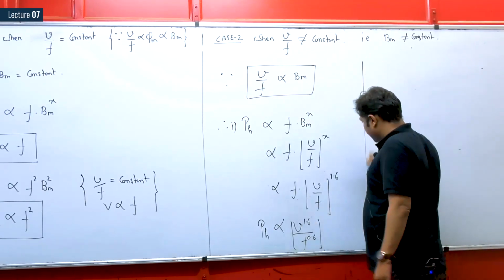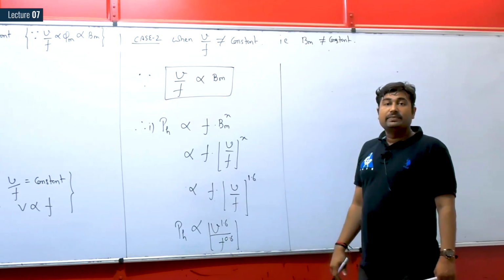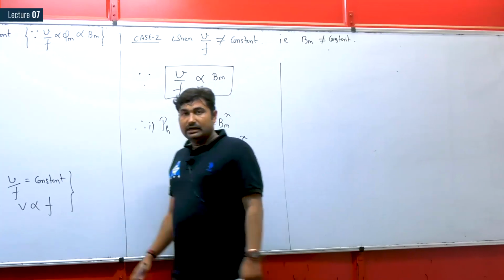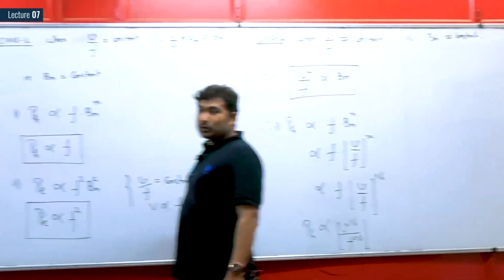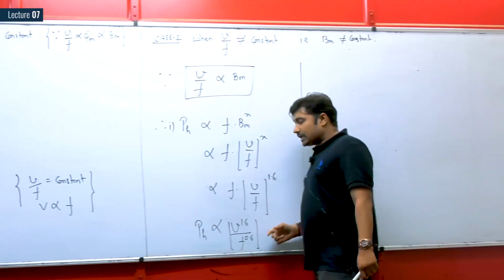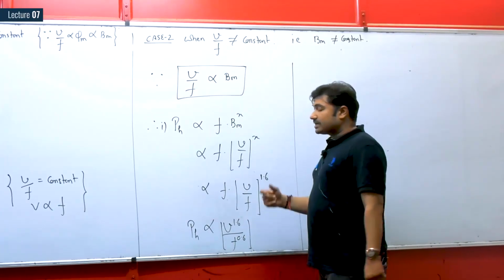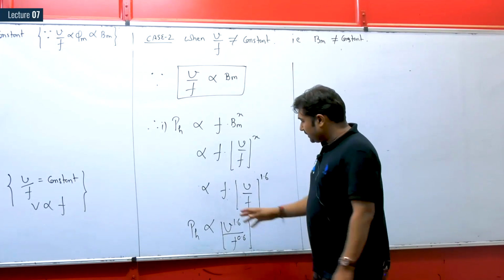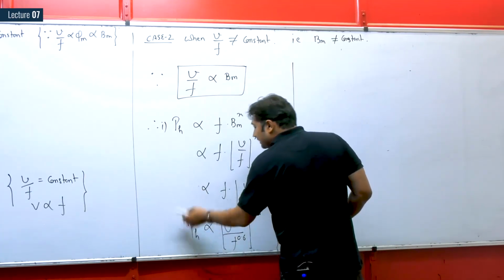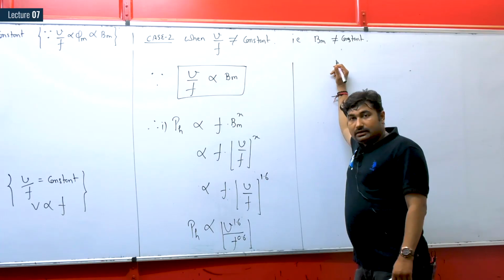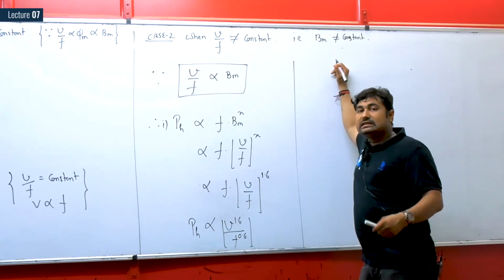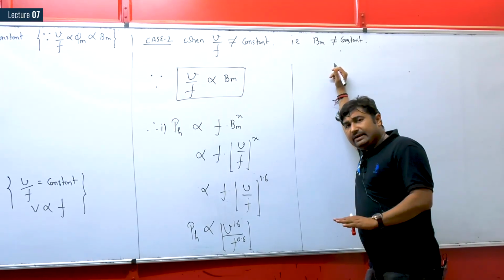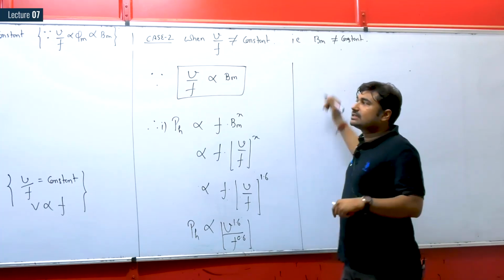By seeing this, you can say hysteresis loss is behaving entirely differently when V by f is not constant. Because when V by f is constant, hysteresis loss is proportional to frequency, and if V by f is not constant, however voltage remains the same, then hysteresis loss is inversely proportional to frequency. So both are entirely different. By increase in frequency, now hysteresis loss decreases. One can ask, sir, keeping the voltage the same, if the frequency is decreasing, then why is hysteresis loss increasing?